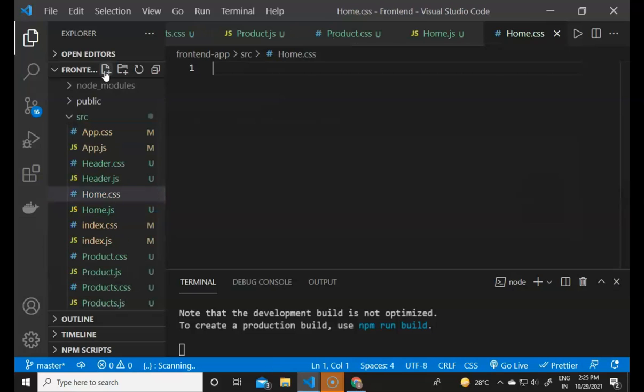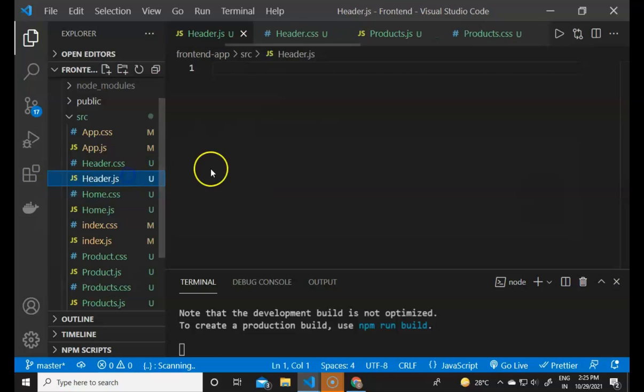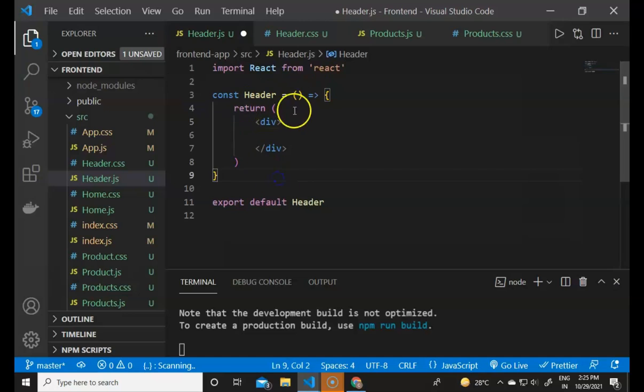So now first we will configure the header of our application. We have to go to the header.js file, and now we will import React from React, and we have to create a component function, and now it's an arrow function here, const header equals to the function, and now the return statement with the div inside, and the export default like header, and we have a default export of the header. And now we will import the header in the App component.